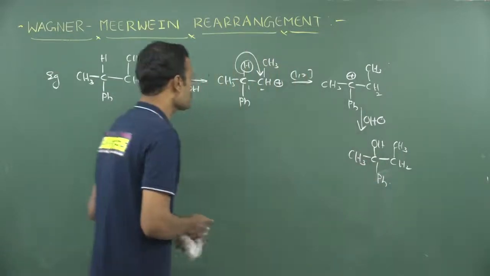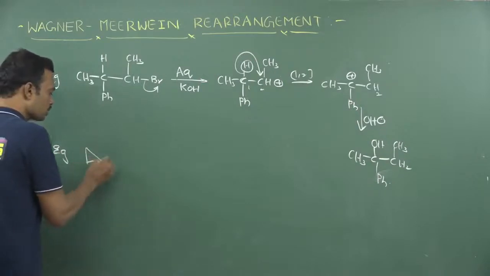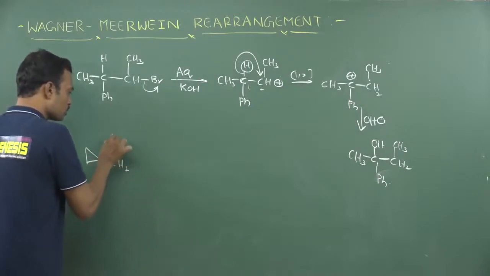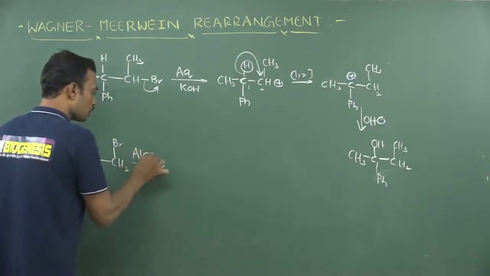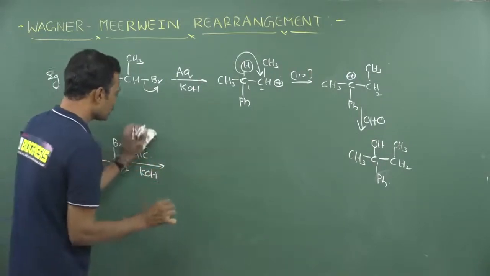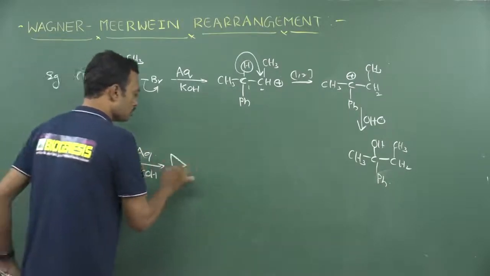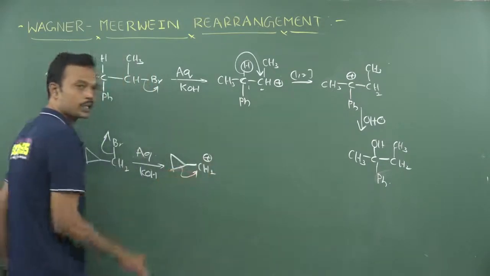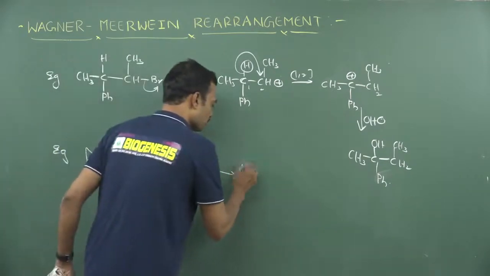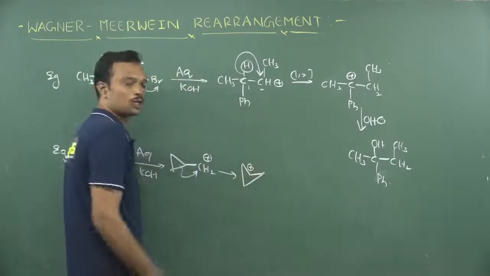Okay. And this is also possible to explain with a ring expansion product. See here, this is a halogen which is present over here. Okay. Now I would like to use alcoholic potassium hydroxide. Otherwise, aqueous you can take, nucleophilic substitution is better. Now remove this halogen. Now see, you may get a carbocation like this. Now this will expand. After expansion, see here you may get a carbocation like this. There is no other alternative.